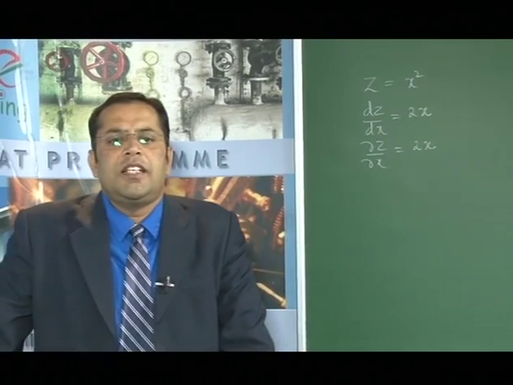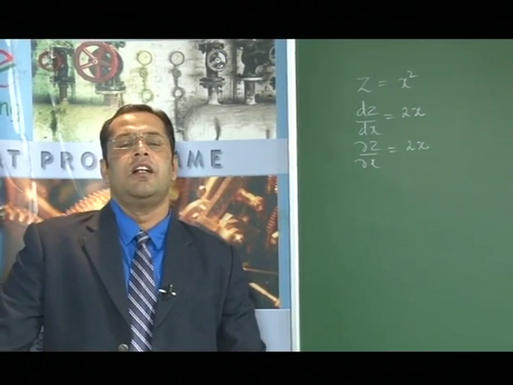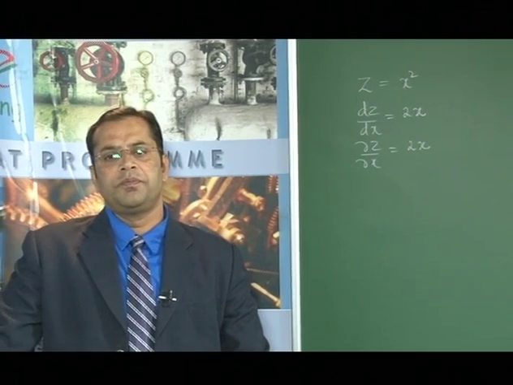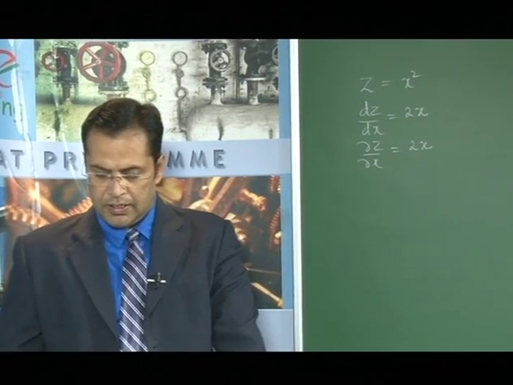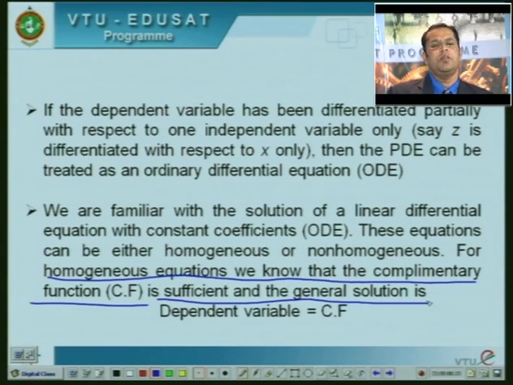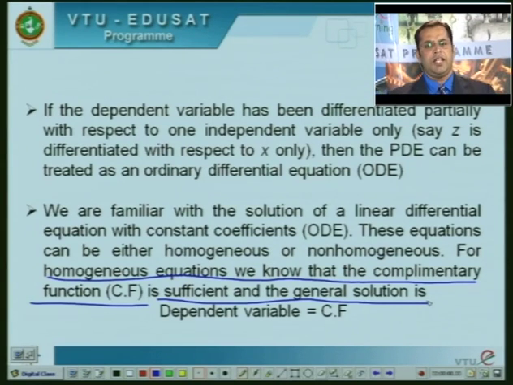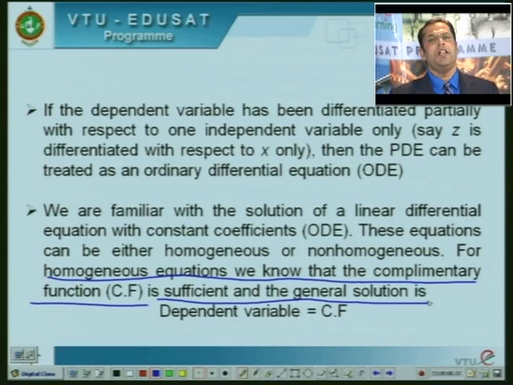And my friends, I think you are familiar with the solution of a linear differential equation with constant coefficients, which is an ordinary differential equation or ODE. These equations can be either homogeneous or non-homogeneous. For homogeneous equations, we know that the complementary function CF is sufficient and the general solution can be written in the form dependent variable equal to the complementary function. You are used to writing such linear differential equations in terms of dy by dx, y as a function of x containing dy by dx, d square y by dx square and so on. So, for such equations you have seen that the solution is simply y equal to CF,